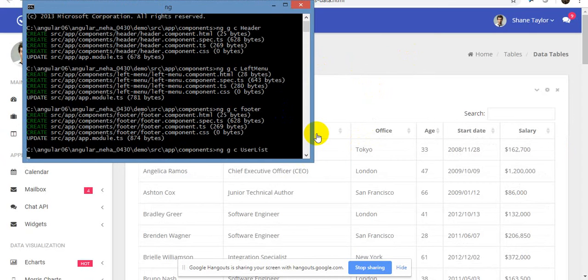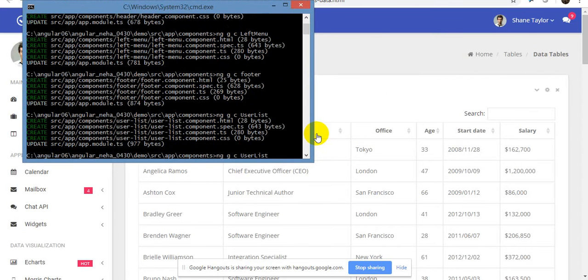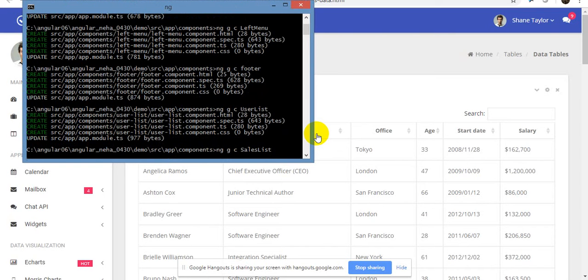I am creating two contents, user list and sales list. I will create them. Okay? I have created the components.